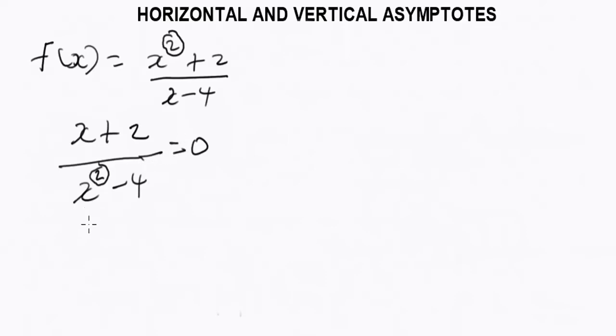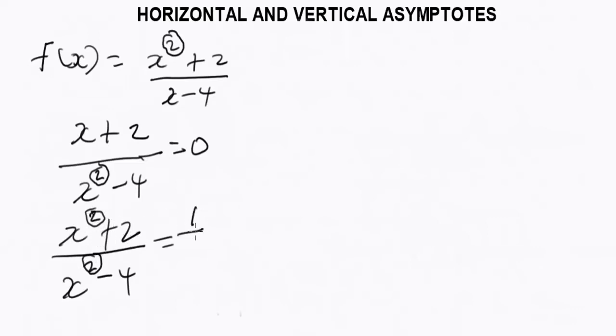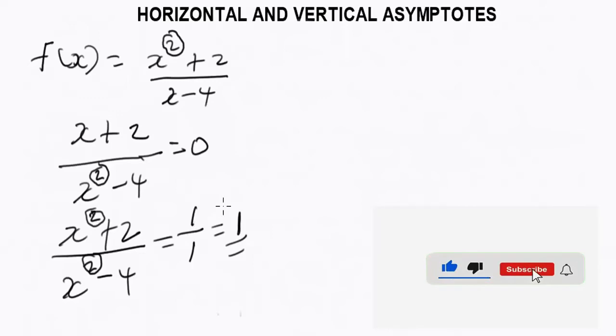Now, what if the powers are the same? Let's say you have something like x squared plus 2 over x squared minus 4. In this case, for the limit at infinity of a rational function, when both powers are the same, you take the coefficients of both. Here, the highest power of x in the numerator is 2, and the highest power of x in the denominator is also 2. Since they are the same, take their coefficients. The coefficient of x squared here is 1, and the coefficient of x squared here is also 1. So 1 over 1 gives 1. So the horizontal asymptote of the function is 1. It's as simple as that, guys. Very, very simple and saves time. So that's for horizontal